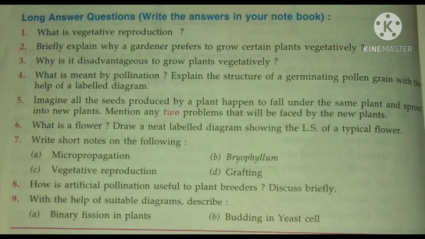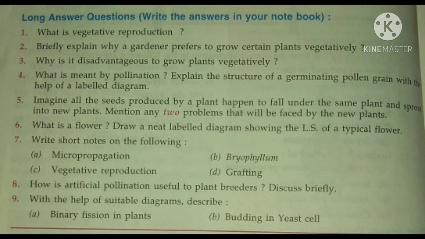Next, the cambium layers of the stock and the scion must come into very close contact with each other, and the grafted points are then bound together with tape, and the joint is covered with wax to prevent dehydration and to protect it from bacterial infection. In a few days you will get the new plants. You have to draw the diagram and write the answer point-wise.